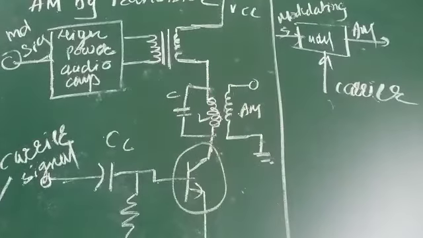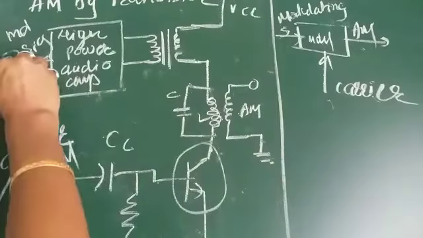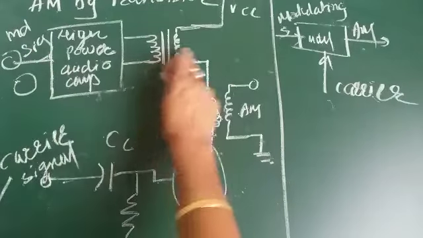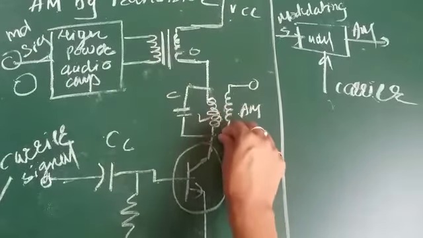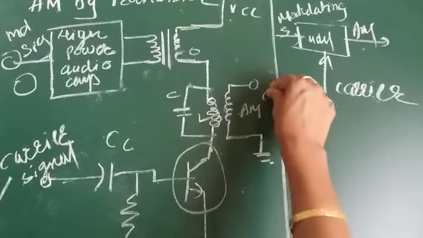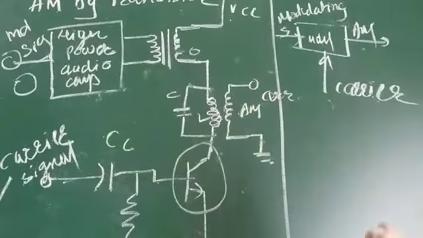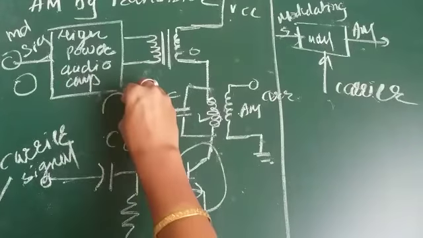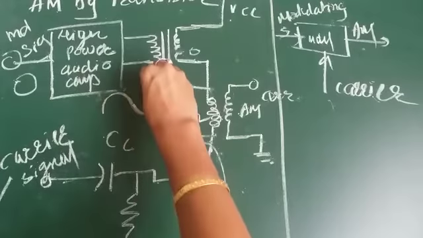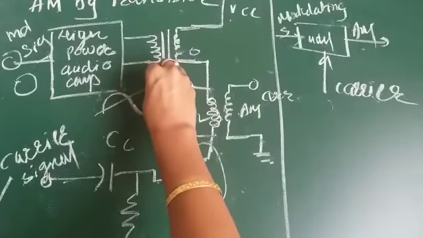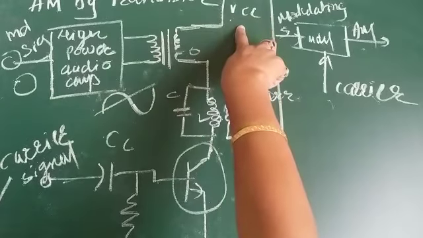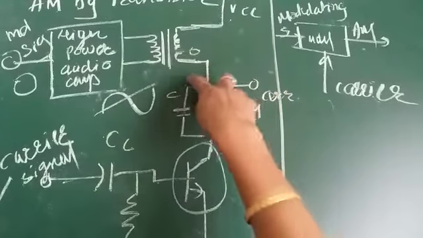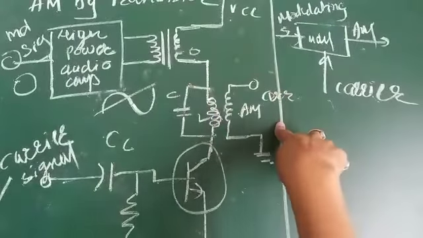Okay, now see, when the input voltage is 0, then the secondary voltage is nothing but the VCC voltage which is applied here and we obtain only the carrier signal across the output. When the modulating signal increases or decreases, accordingly the voltage of the modulating signal will be added to or subtracted from the VCC and that resultant form is added with the carrier signal and we obtain the output here.